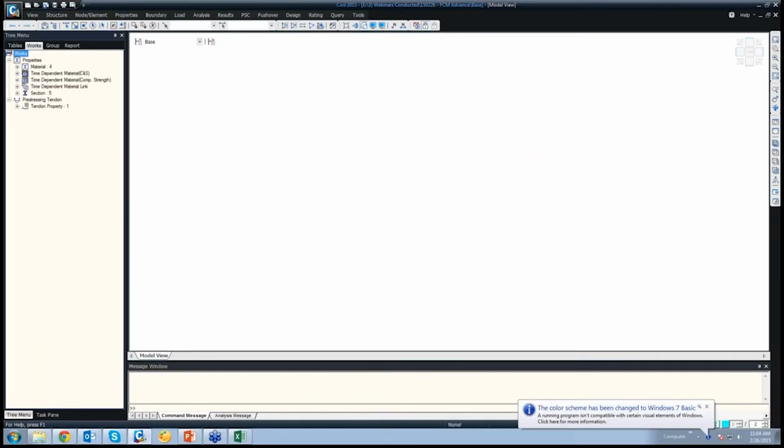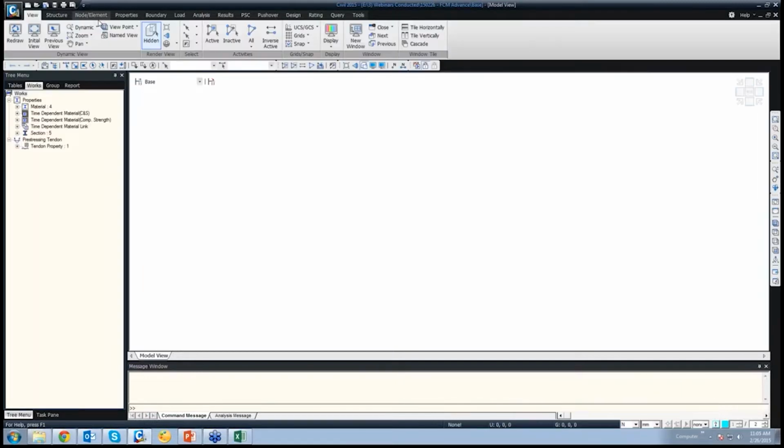So first of all, I will be creating the superstructure very quickly, because today I also wanted to show how to give the tendon profile from the wizard itself. So I would be giving a couple of tendons from the wizard itself. The sections as well as the material property needed have already been defined.